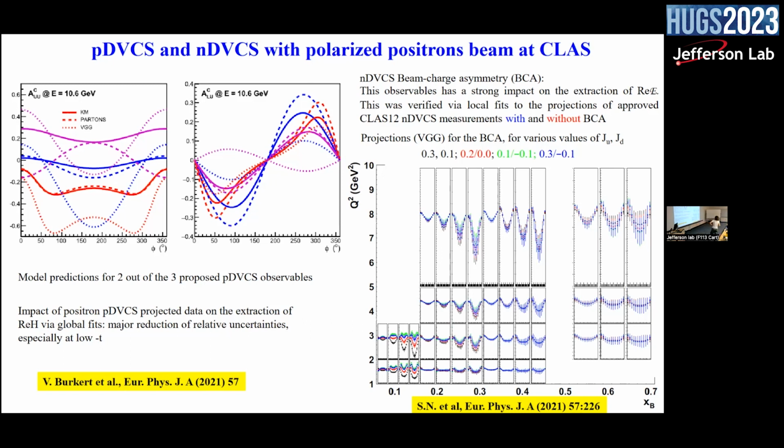And I've done a similar exercise looking at neutron DVCS, which is my favorite measurement, as you may have figured by now. And the beam charge asymmetry for neutron DVCS has a strong impact on the extraction of the real part of E, which we don't have many constraints on so far. So this is a channel that would be potentially really interesting to measure, but it will need this positron